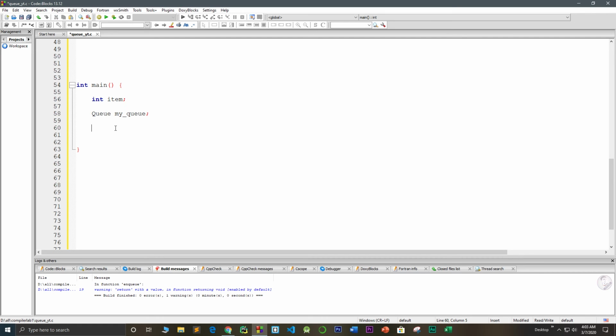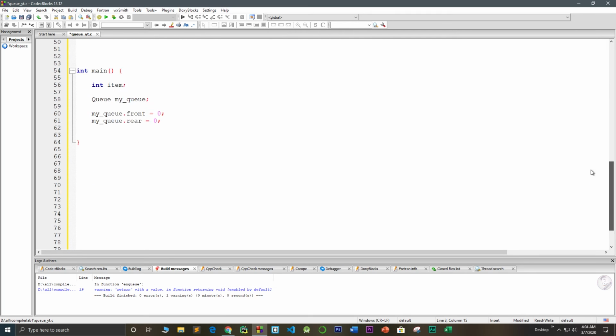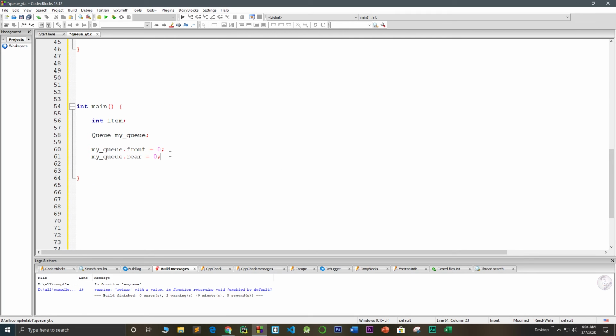Then let's point as my queue dot front is equals to 0, and my queue dot rear is equals to 0. It means that there is only one element in the queue, which is 0. As there are no other elements other than 0, and our size is, suppose, 10 here, we can add more elements in the queue. So now it's a perfect time to put some value. So it is enqueue,